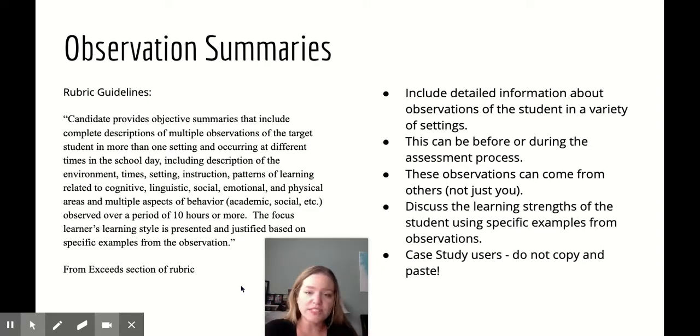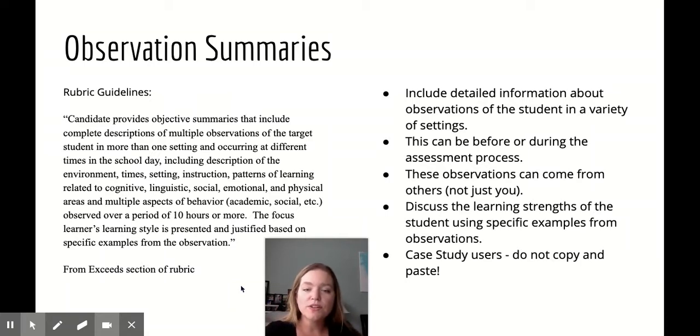or you're getting observational summaries from other folks, your paraprofessional, other teachers that work with the student. This can be done before and/or during the assessment process. So somebody could be taking observational information while you are delivering some type of assessment. Throughout this section, you're talking about what are the learning strengths of the student? What do you see in those observations? Learning styles is kind of a defunct term, but what do you see as strengths of the student you want to highlight so that you can make sure you're incorporating that in the future learning for that